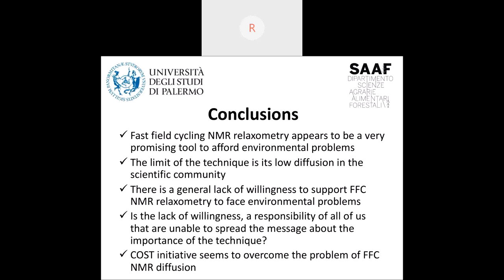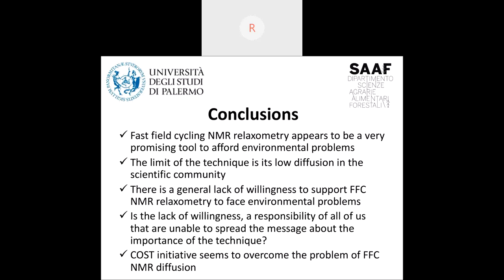For example, very recently, we published a paper on FFC NMR relaxometry applied to nanosponges that can be used to trap contaminants from water and soils, or can even be used to drive drugs into the organism. And the results were very interesting in terms of